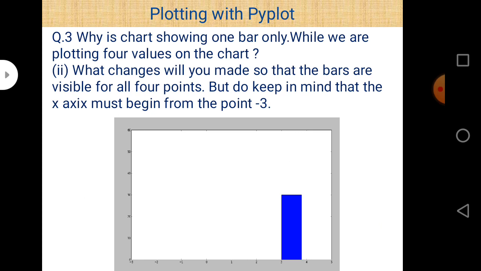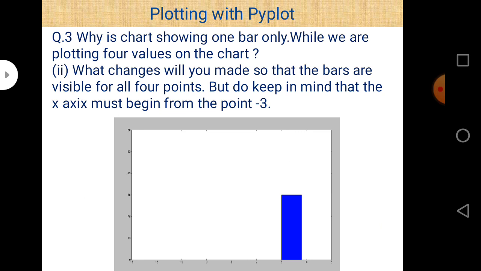Question number 3, part number 2. What changes will you make so that the bars are visible for all 4 points, but do keep in mind that the x-axis must begin from the point -3. We have already solved this problem, since we take values from -3 up to 15.